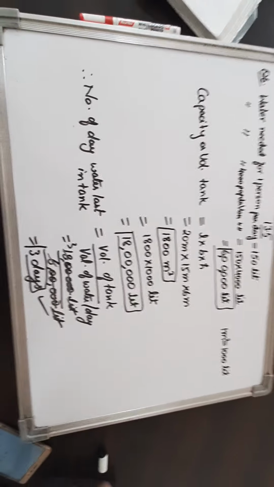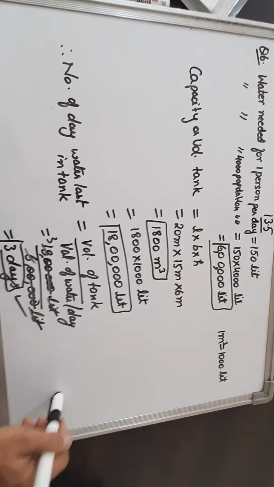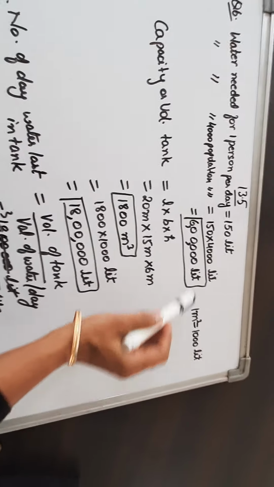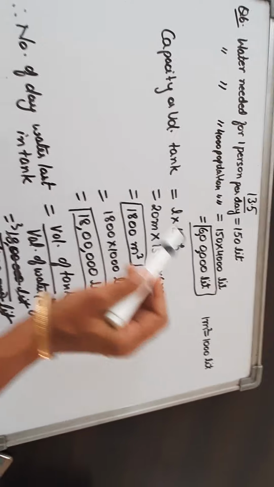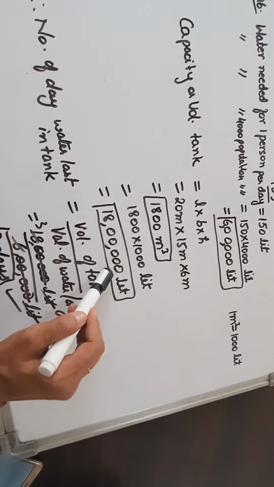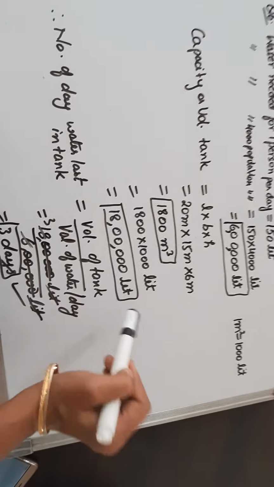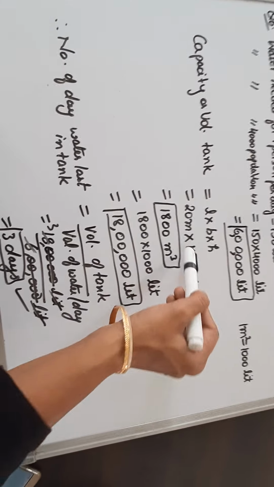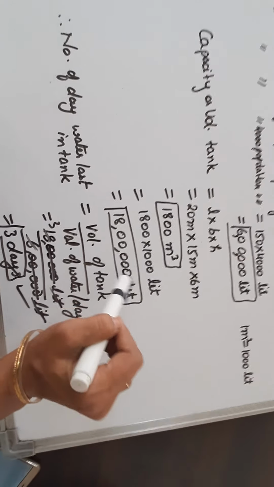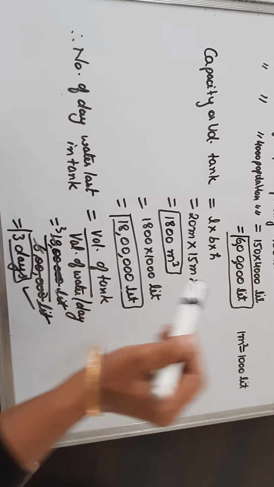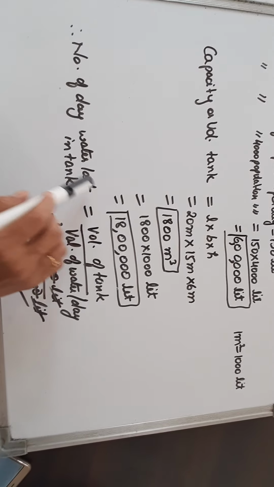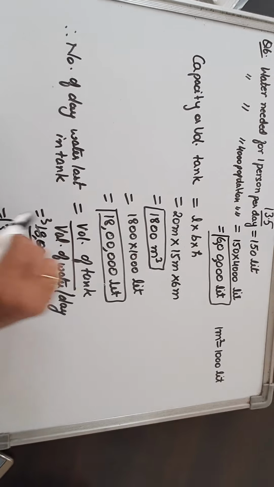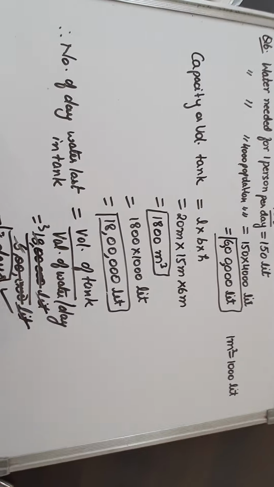So in this way, dear students, you will be able to solve this question. So very first of all, we will calculate the water needed for the whole population. Then we'll find the capacity of the tank. Then the greater capacity of course is of the tank. जो पूरी पॉपुलेशन के लिए पानी स्टोर कर रहा है, ऑफ कोर्स उसी की वैल्यू ज़्यादा होगी. So we will divide this by this to get the number of days the water lasts in the tank. तो 3 दिन इस टैंक का पानी चल जाता है to supply the water to the village.